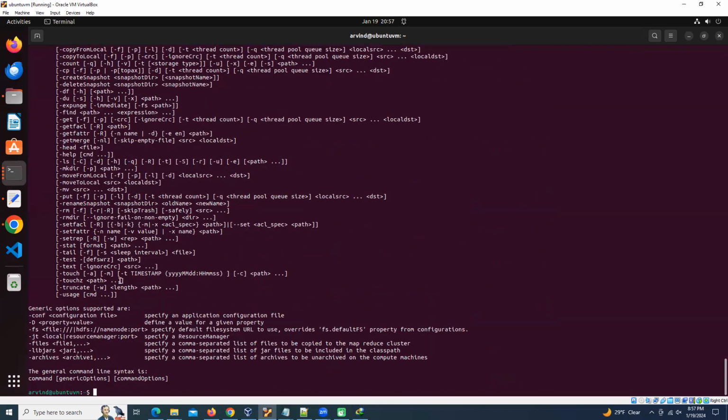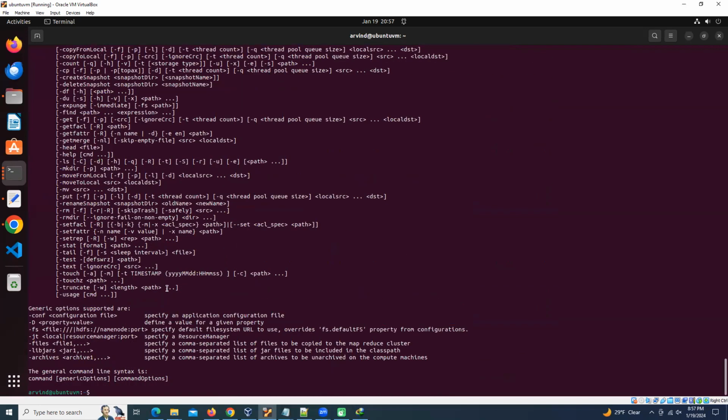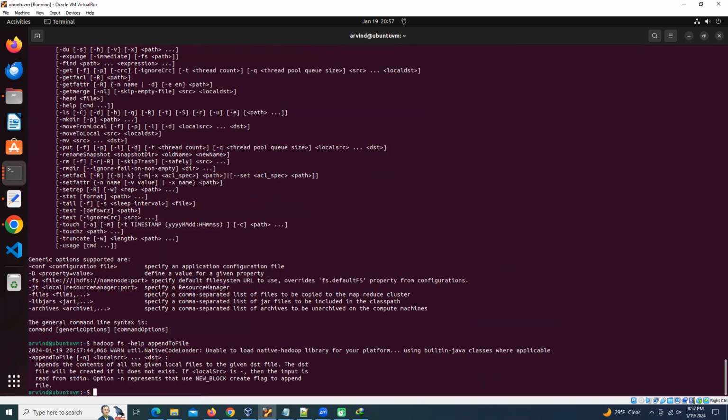The next command we do is append to file. Append to file is like, I have multiple files. Append to file, so appendToFile help shows this. This command concatenates local files and creates one destination Hadoop file. So when I say Hadoop fs minus appendToFile,